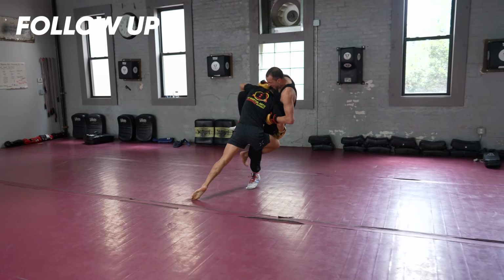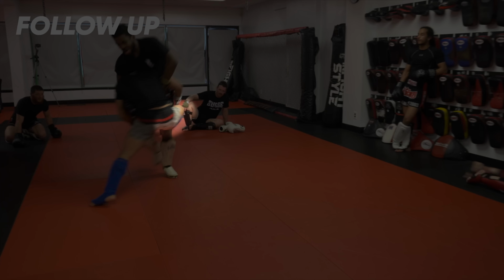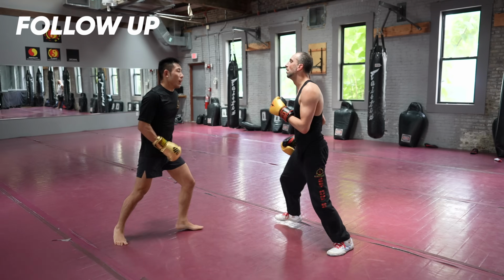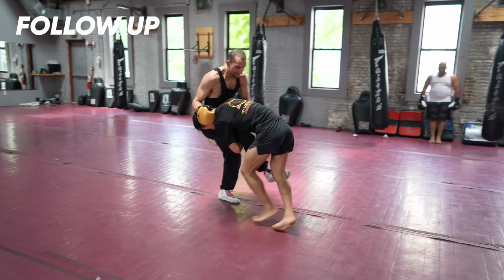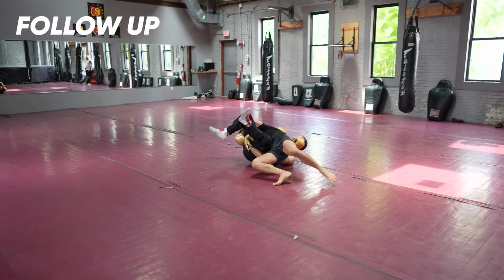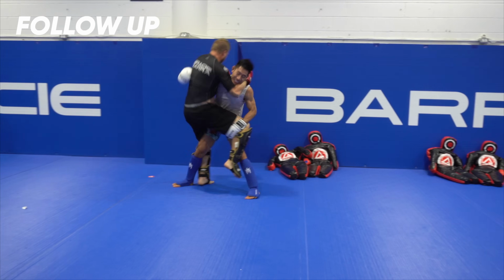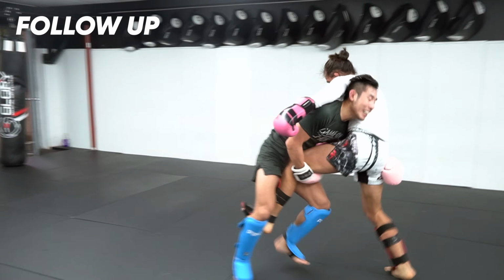For example, here I transitioned into an outside leg trip. I wasn't able to pick my opponent up because he had really strong hips and he was driving them forward, so I had to hook the leg to tip him over. In this scenario here, my opponent was doing a great job at leaning forward, so I transitioned into this inside leg trip. And over here, my opponent drives his hips forward for a strong sprawl again, so I circled around